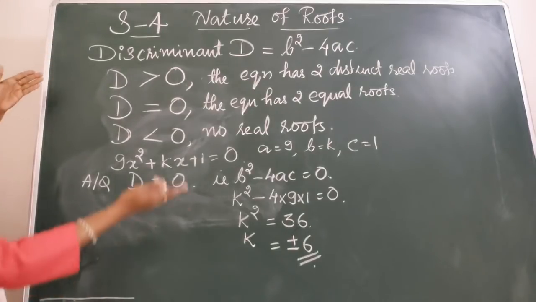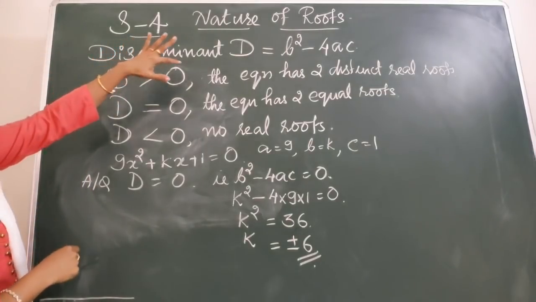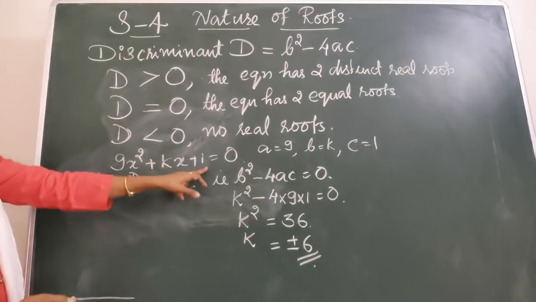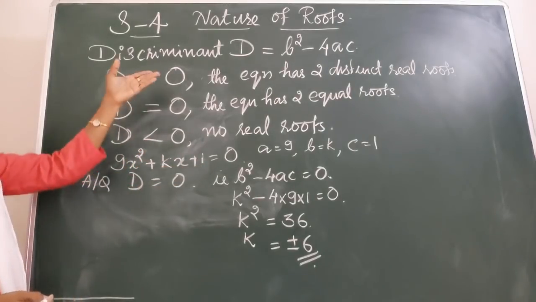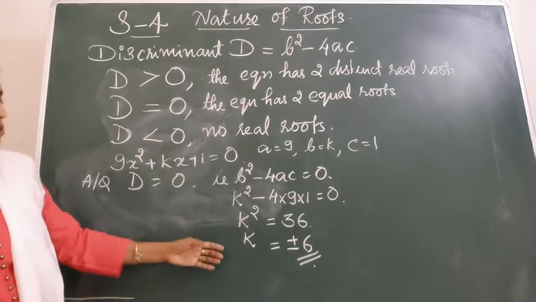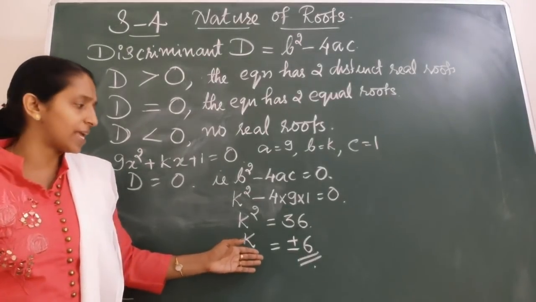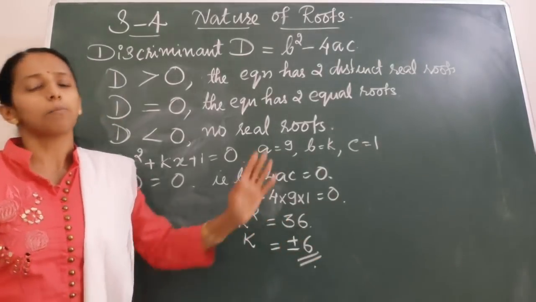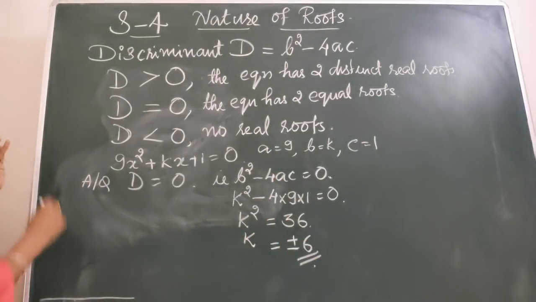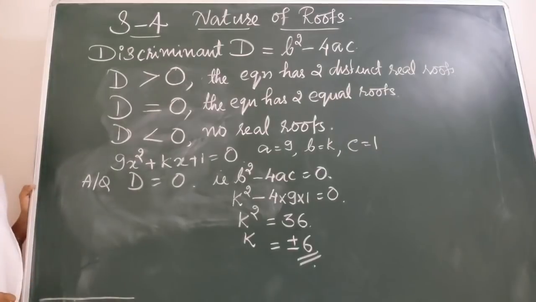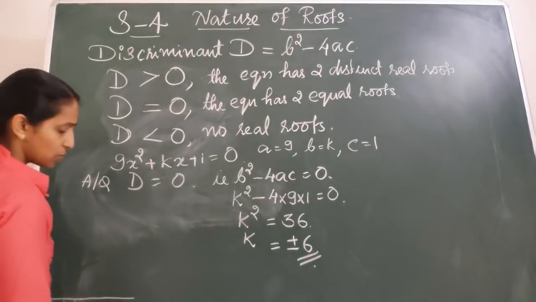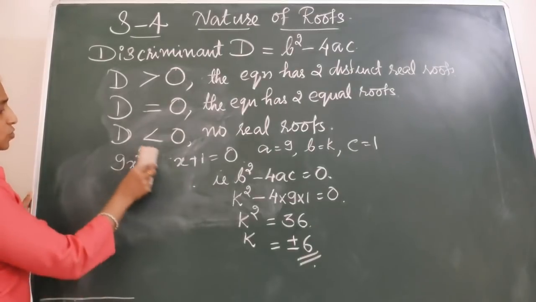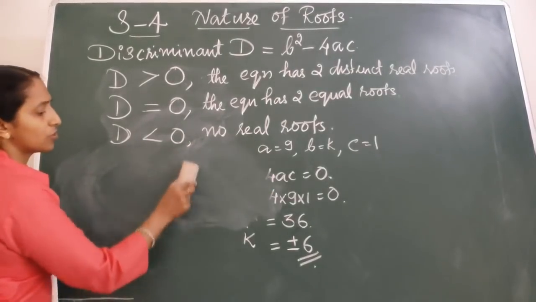So instead of that, if the question is to find the value of k for which the equation has two real distinct roots, then instead of equal to 0, what will you write? It is greater than 0. In that case you get two values for k. K is greater than plus 6 or k is greater than minus 6. So according to the concept, you can solve the question. Or a little bigger type, where we again have to do the factorization and solve the values. Such a type of question you can also see.